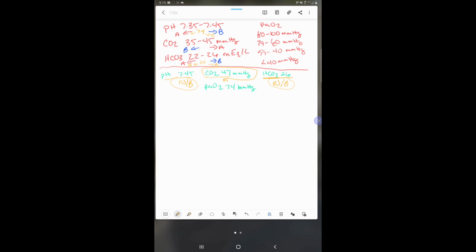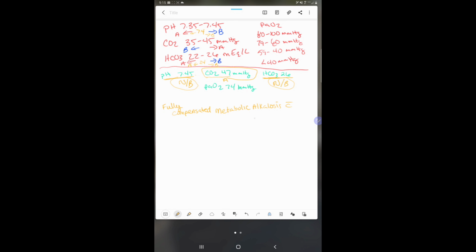So this is how we're going to interpret this. First things first is it was a metabolic, and it was an alkalosis. I'm going to put with. And then, like we said, it is fully compensated. So, because it has a normal pH, and everything else is normal except for your respiratory, your CO2. So, we're going to put fully